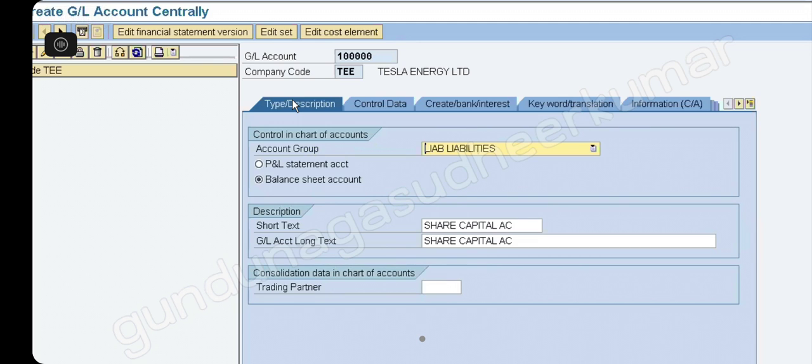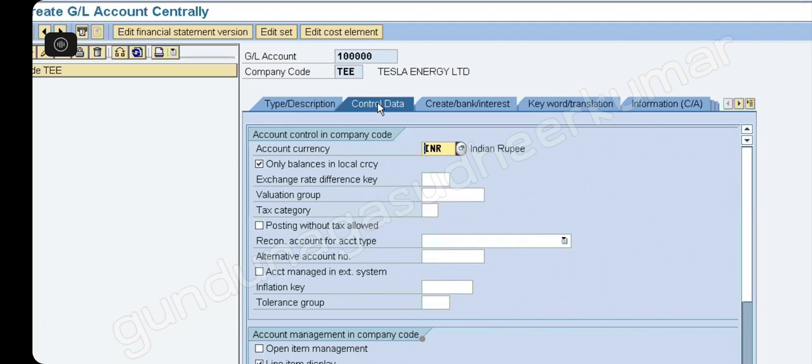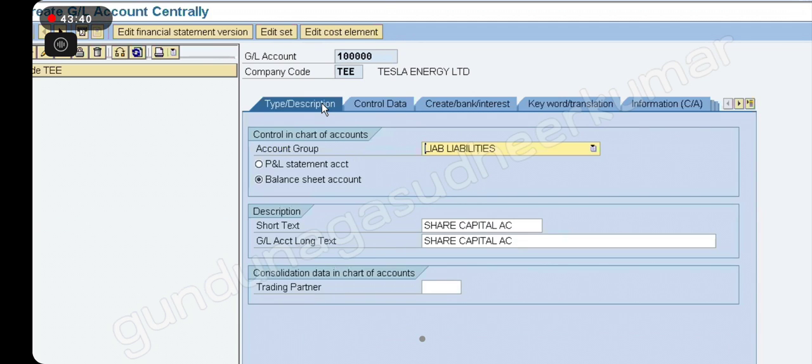There's the next one also, control. Sir, when I'm trying to enter the type description, I'm getting an error. What error are you getting?